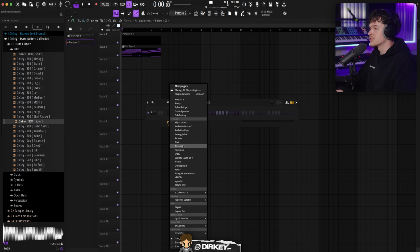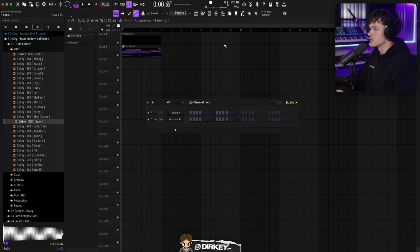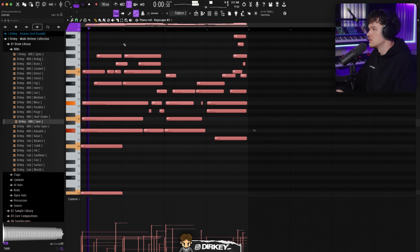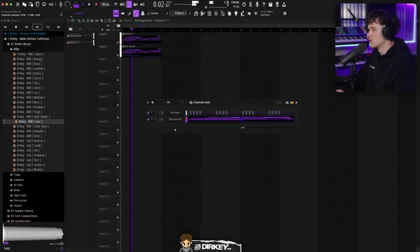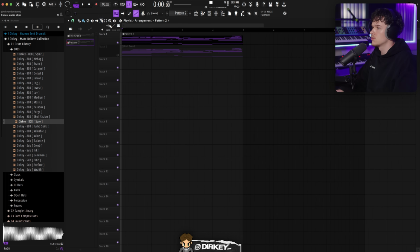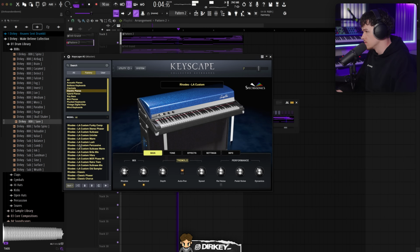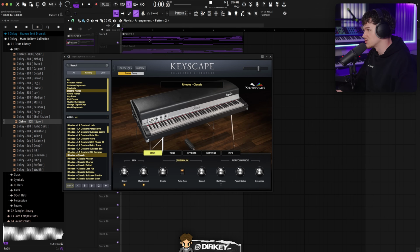We could go electric piano for the main sound. Just get a quick Rhodes. I got a little idea. I'm gonna make a second pattern once I find a sound for the first, the main sound. I'm trying my best to explain this to y'all, bro. But yeah, I'm looking for a main sound, and once I find that, I'm gonna tweak this a little bit in